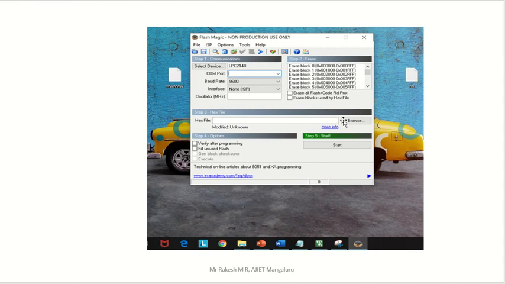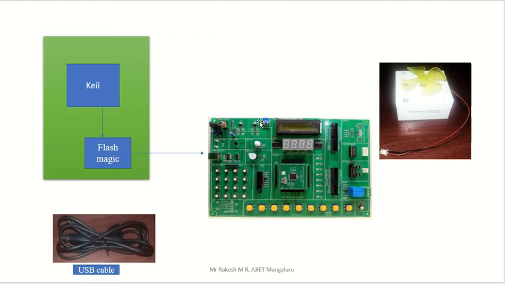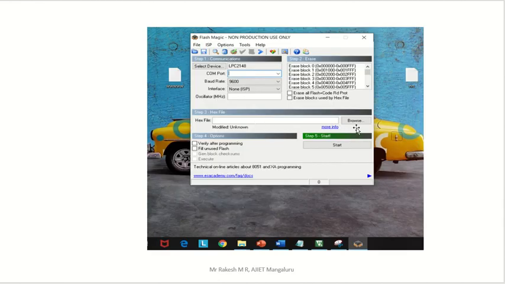Go to the particular folder where you already saved your hex file. Select that .hex file, and once you have selected it, click on open, and you will get the path of that file here. Then click on start.